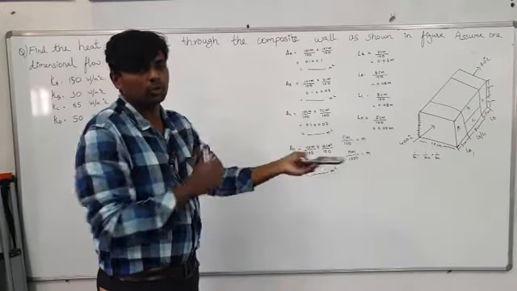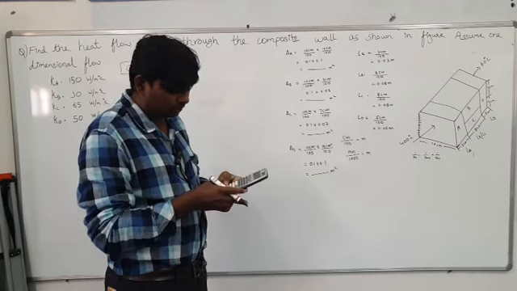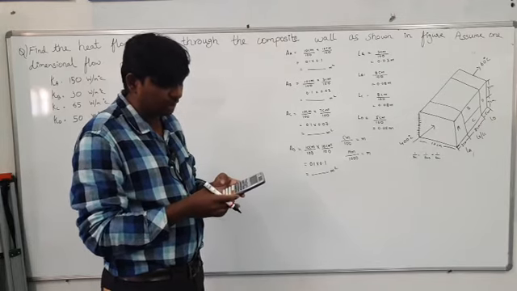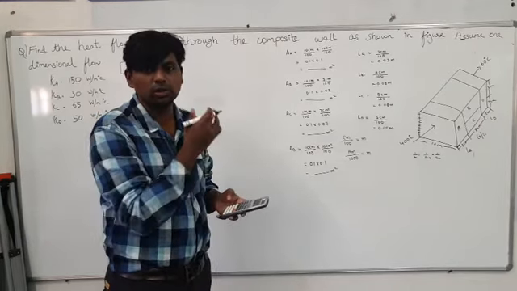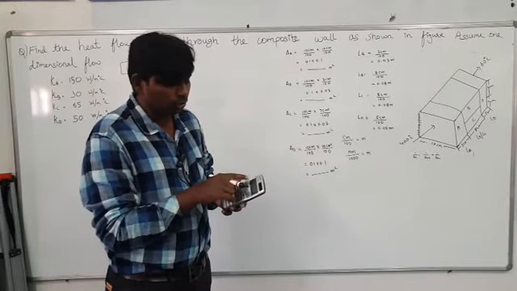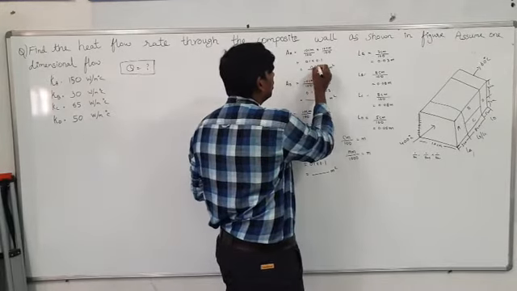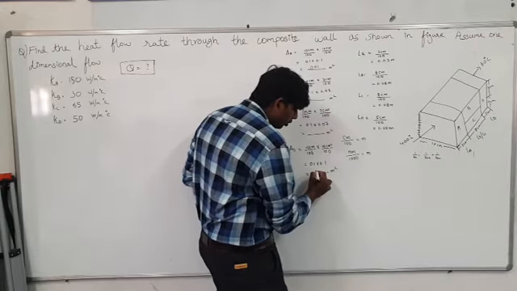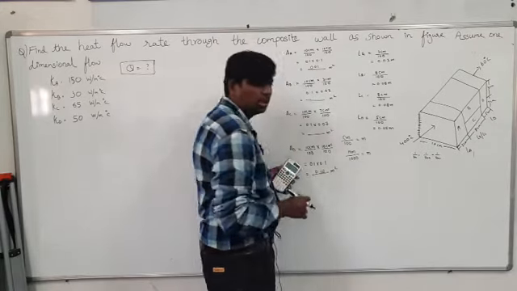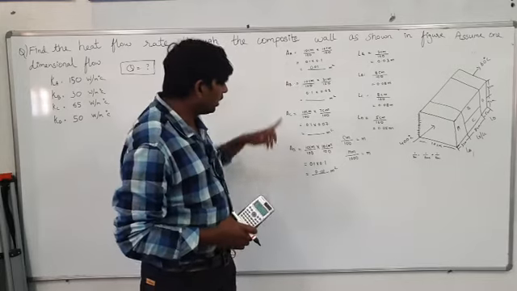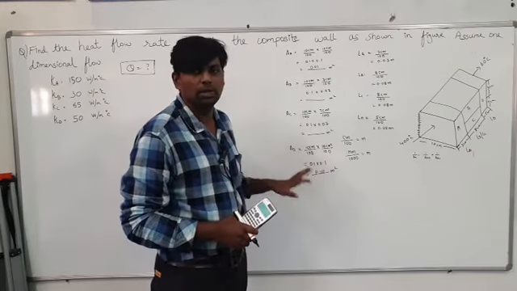After that, what do you have to do? With the help of a calculator, find out this value. Even if you know it, it is better to use the calculator. If you make even one mistake, the whole problem will go wrong. So 0.1 into 0.1, the answer should be 0.01 meter square. This one is also 0.01 meter square, because the area of AC and the area of AD component will be the same.